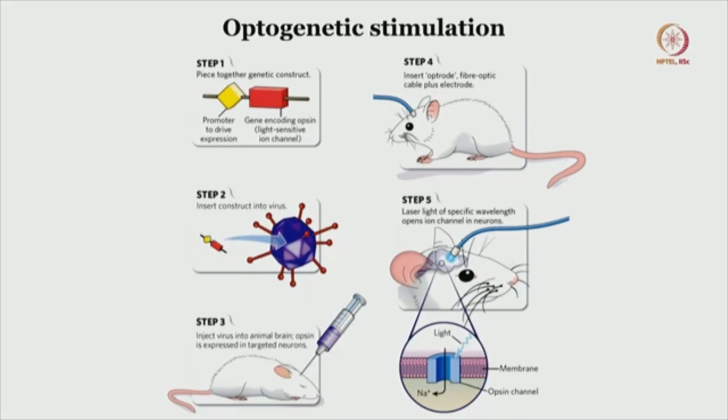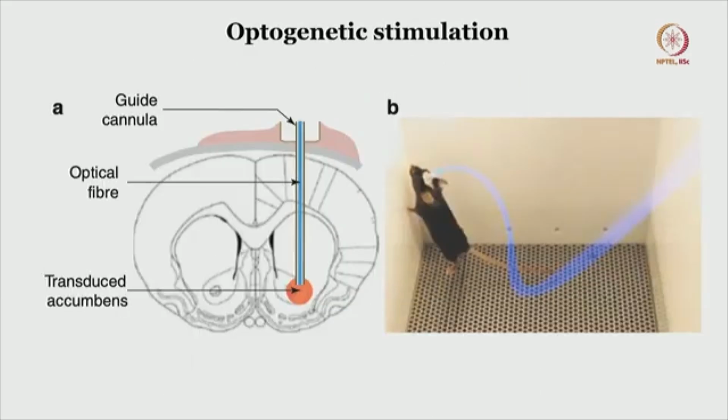The behavior of the target is based on the stimulation. So in a way you are trying to control the behavior of that particular target. You can open and close the channel as and when we need it, and we can study the spontaneous activity as well when the rat behaves in different ways. So this is how we do it, wherein you select the target and leave the optic fiber right